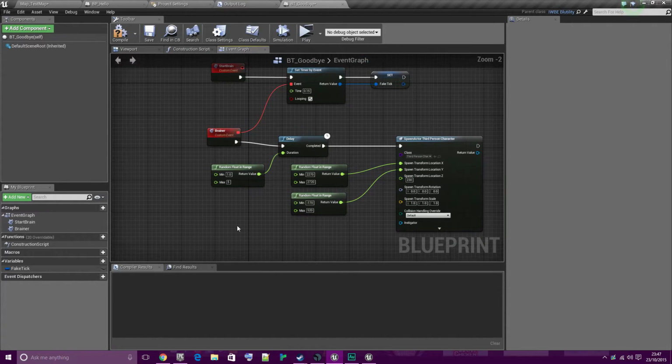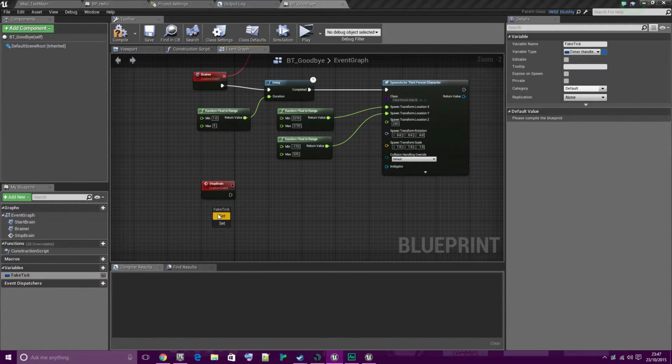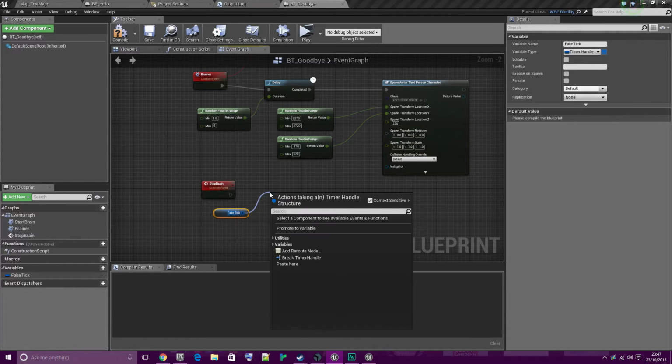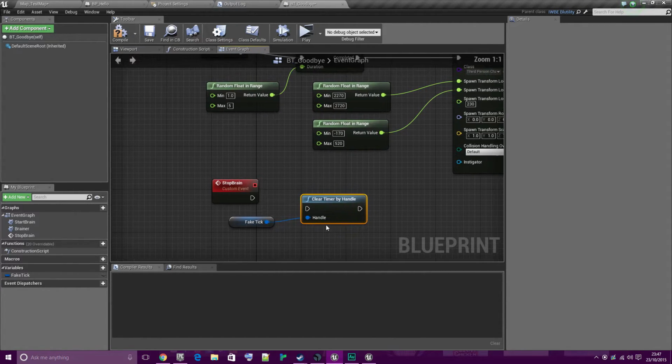Nice and simple. And then we're also going to have a custom event called stop brain, and then we're literally just going to grab the fake tick, and then is it pause? Yeah, pause timer. No, I think you can just clear it. Yep, there we go. Clear timer.